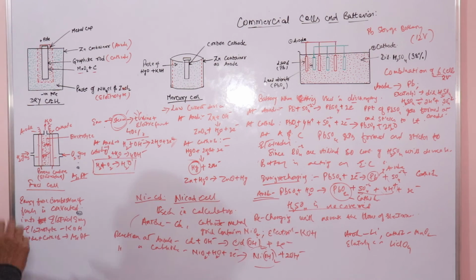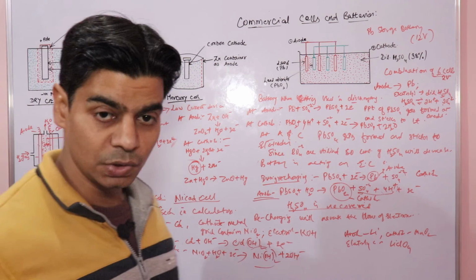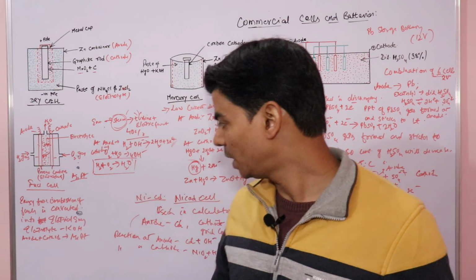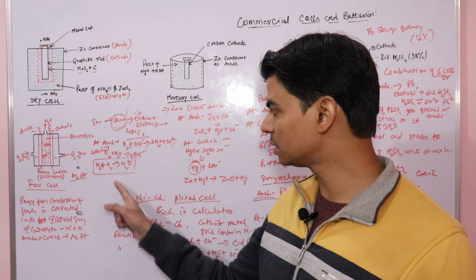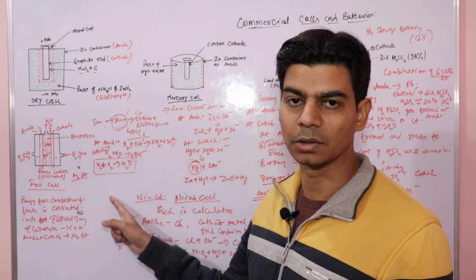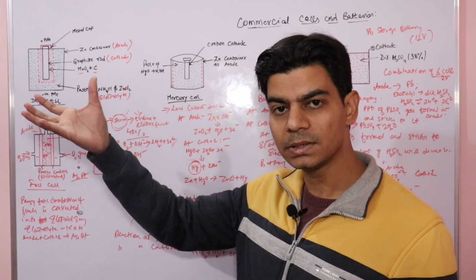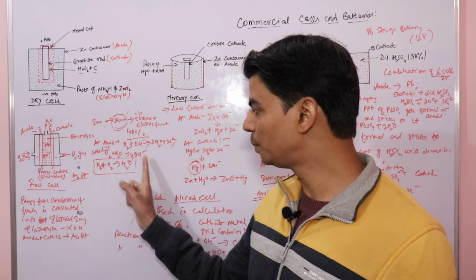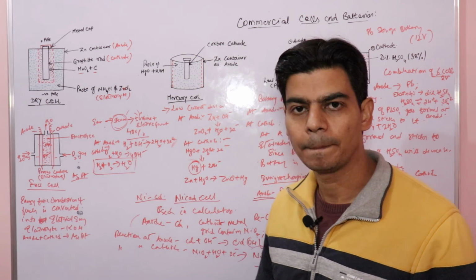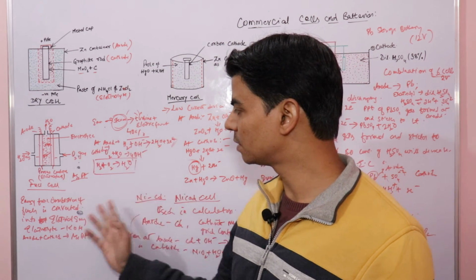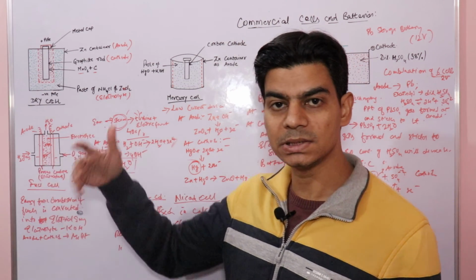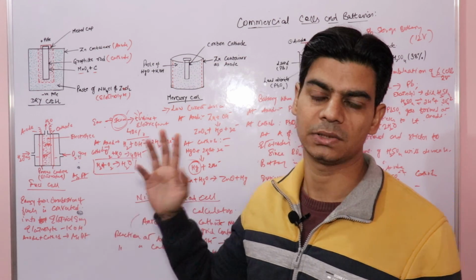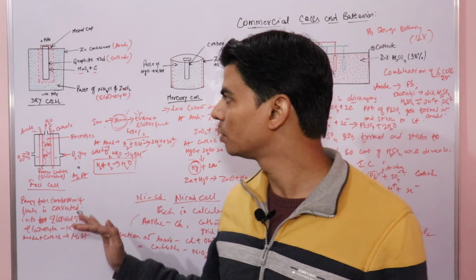This hydrogen oxygen fuel cell is used in space to produce electrical energy and water. What it is basically doing is producing water. So in space, this fuel cell is used to produce water for astronauts. The basic application of this fuel cell is in space, where it is used to produce electrical energy and water for astronauts. I hope all this is clear to you.